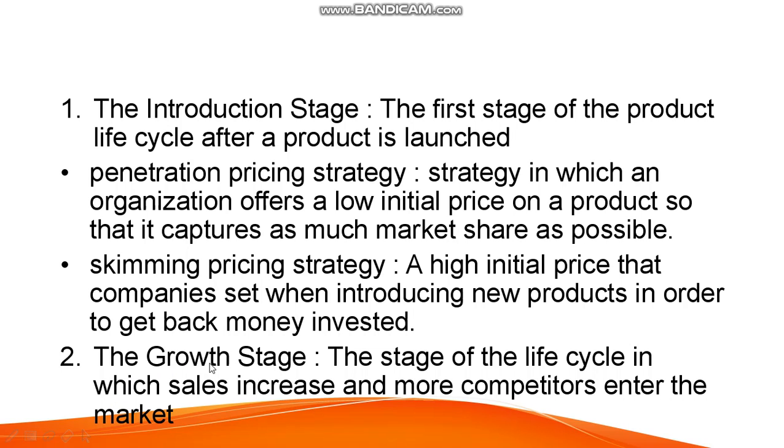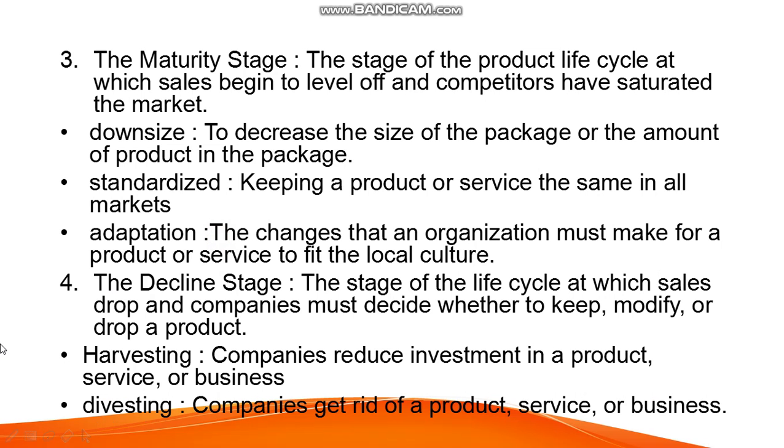Stage number 2 is the growth stage. It means the stage of the life cycle in which sales increase and more competitors enter the market. Number 3 is the maturity stage. It means the stage of the product life cycle at which sales begin to level off and competitors have saturated the market. There are 3 strategies in the maturity stage. They are downsize,